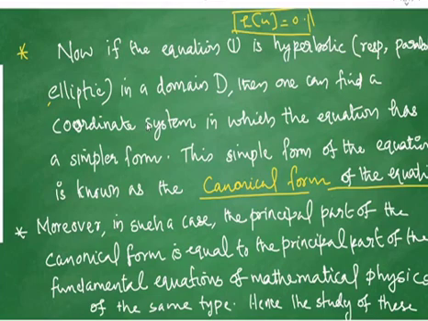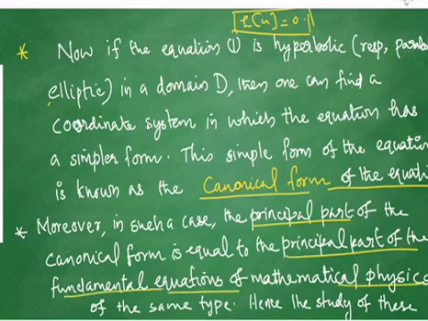Moreover, in such a case, the principal part of the canonical form may be equal to the principal part of these fundamental equations of mathematical physics, of the same type. That means if the equation is hyperbolic, then it must have a canonical form in a simpler form, and the principal part of that canonical form must be similar to the